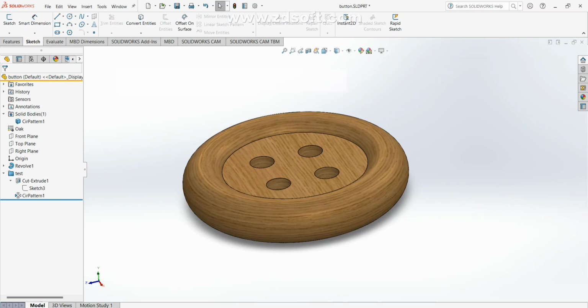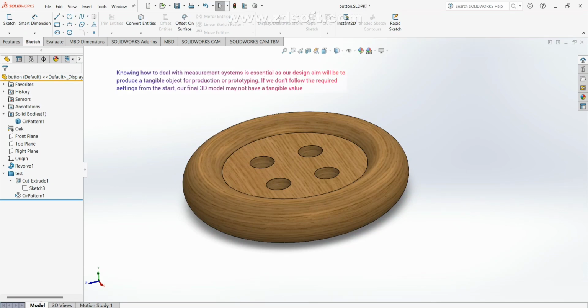Knowing how to deal with measurement systems is essential as our design aim will be to produce a tangible object for production or prototyping. If we don't follow the required setting from the start, our final 3D model may not